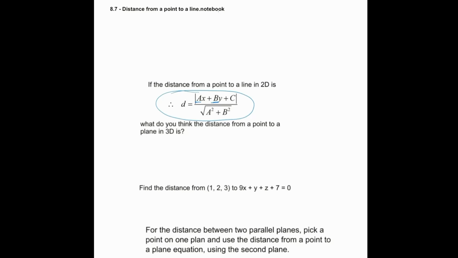So if that's our distance from a point to a line equation in 2D, what do you think the distance from a point to a line in 3D is going to look like? Well, the distance from a point to a plane in 3 dimensions is calculated pretty much the same as the distance from a point to a line in 2D. It's measured along the normal to the plane. So let's say I have my plane and I'm drawing it as a parallelogram. Remember I said, I think last lesson, that if we're drawing a plane, it's easiest to draw it